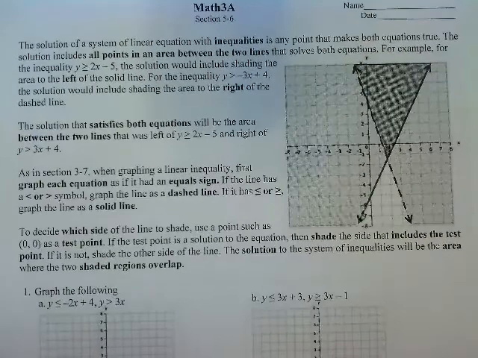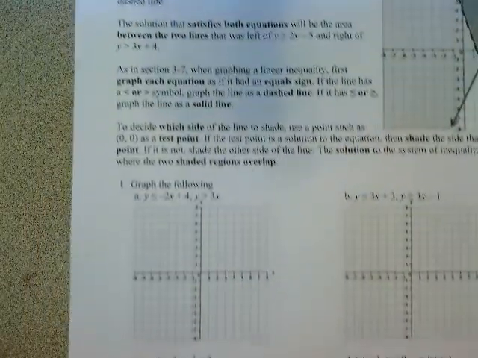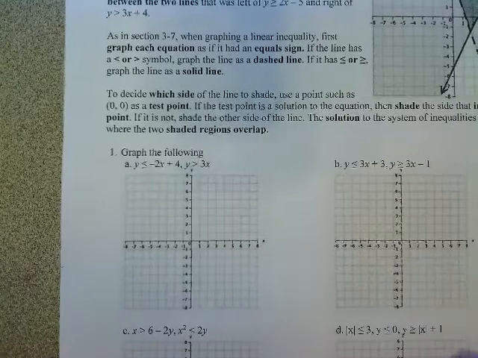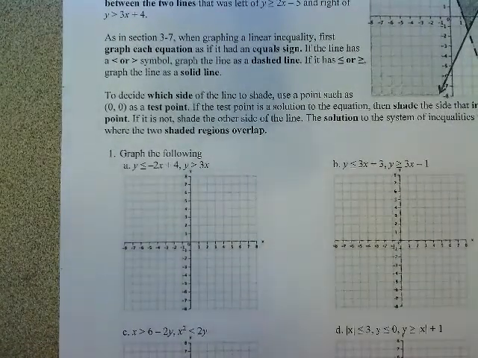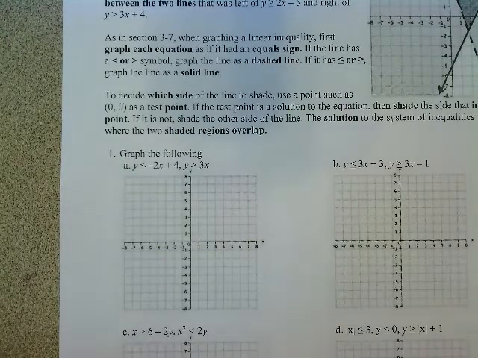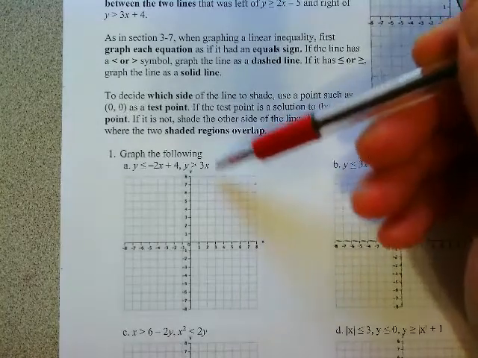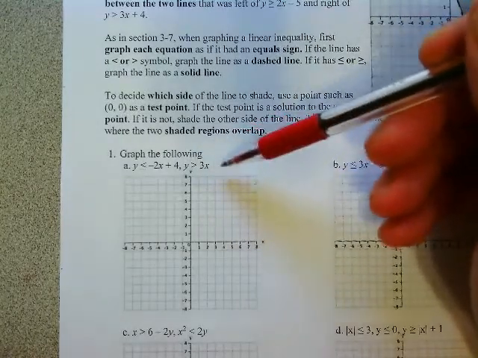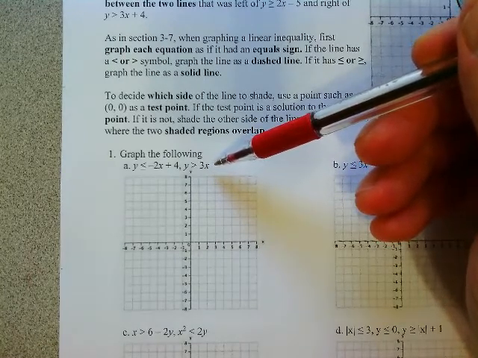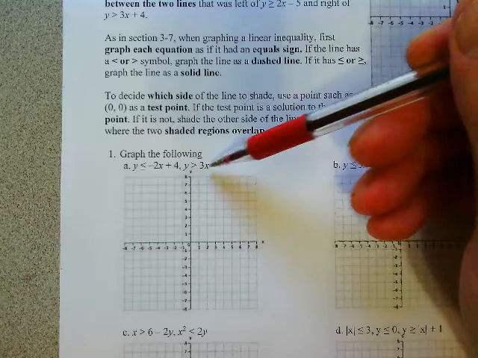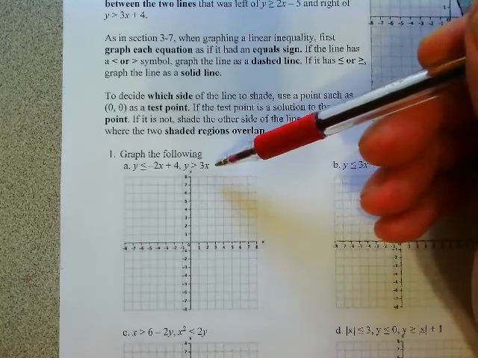So let us first look at problem 1 here. We want to graph the following. We've got y is less than or equal to negative 2x plus 4. So that's a straight line. And then y is greater than 3x. Now this one, notice there's no plus b part in y equals mx plus b kind of form. So this one's going to actually go through the origin. And so 0, 0 would not be a good case for that one. So let's start off with